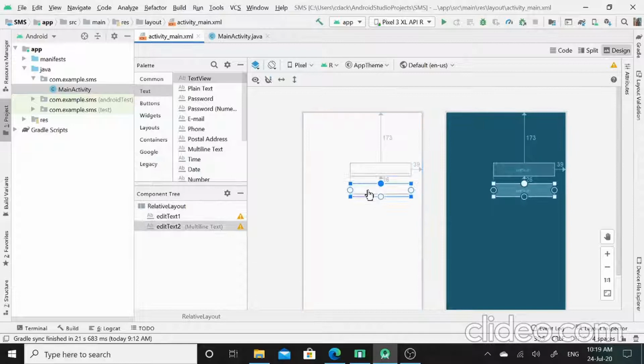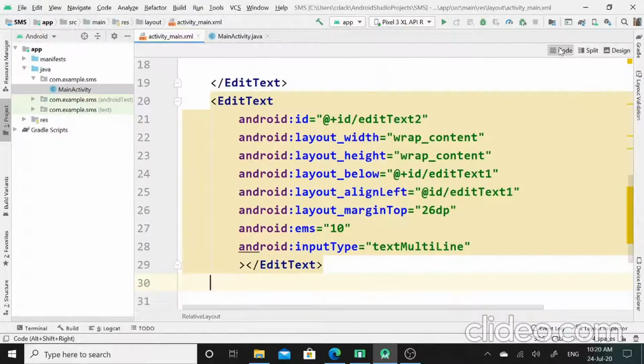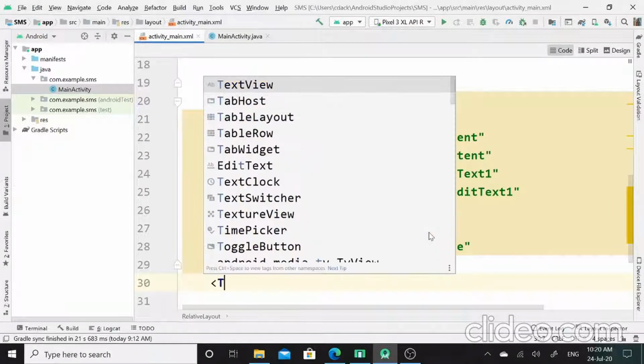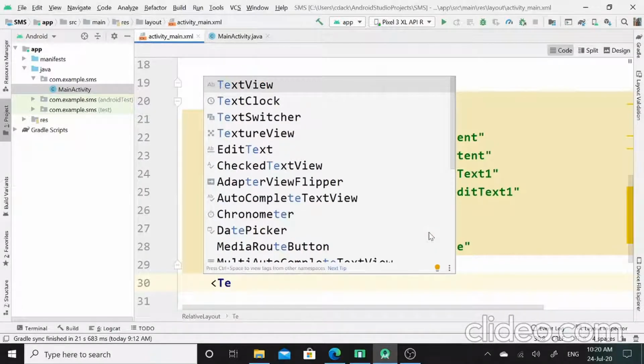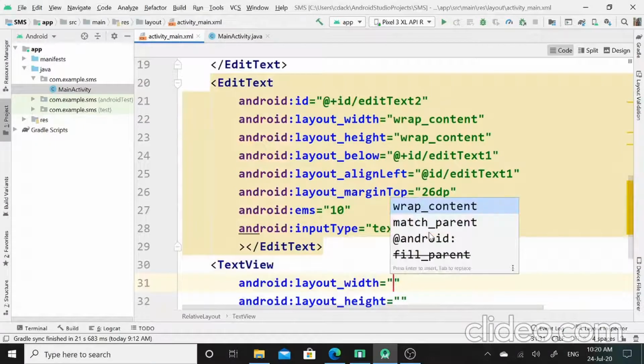So to make it understandable for the user that this edit text is to enter the user's contact number, I will create one text view to show the message contact number, so I will call here text view tag.